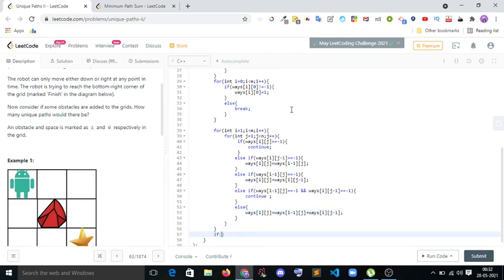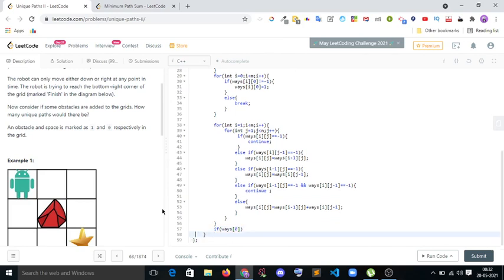One condition is if there is an obstacle at the start or finish position. If ways of start 0 comma 0 equals minus 1, or ways of m minus 1 comma n minus 1 equals minus 1, then return.